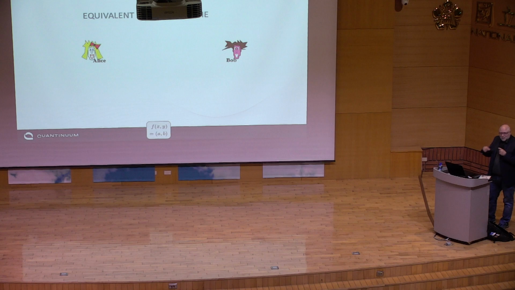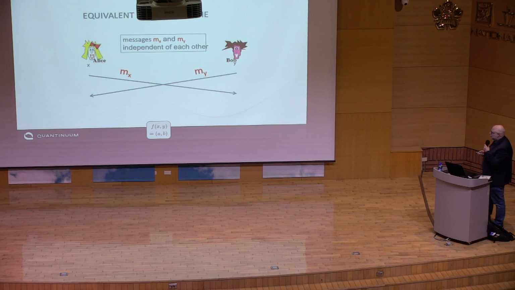And so we're now changing our mindset to be the attackers, Alice and Bob. And so Alice and Bob receive an input X and Y. Without loss of generality, they can send a message to each other. In this case, it's classical, so they can send it, and they have to output A and B. And without loss of generality, in the classical case, we can assume that the message is X, and the message that Bob sends is Y.